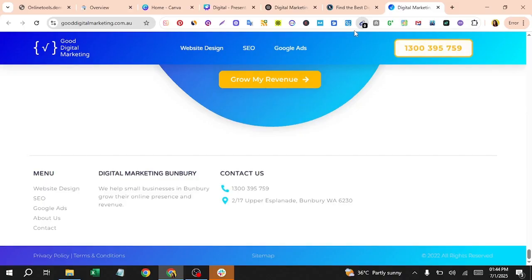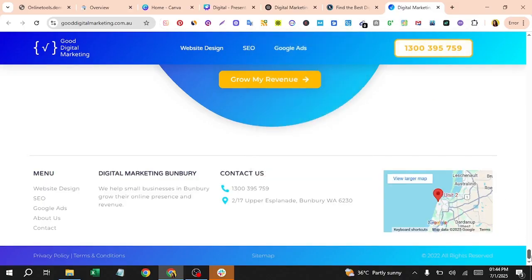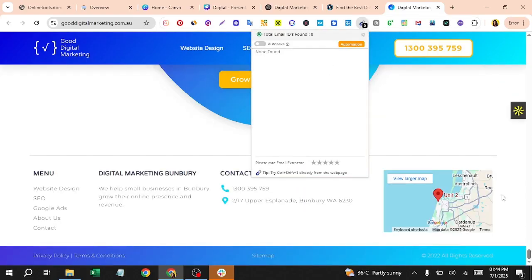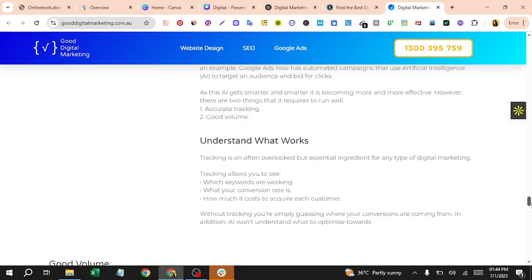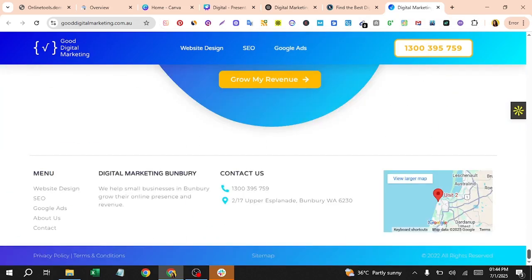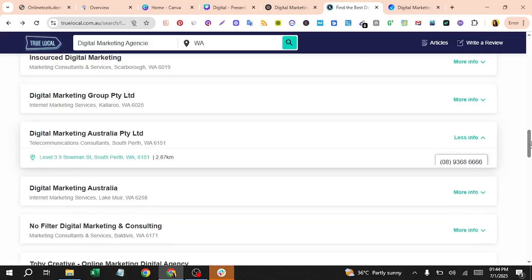This is also a big thing, that these agencies do not have email addresses. You can pitch and say that I can help you create email addresses for your agency, because an email address is a basic thing and they don't have it, which is a big thing.